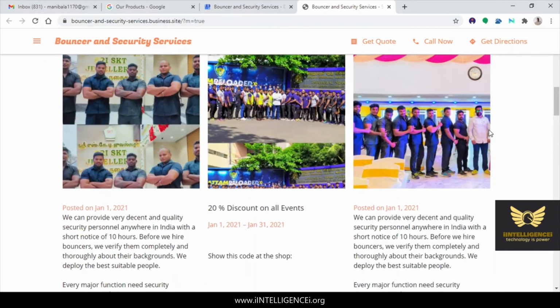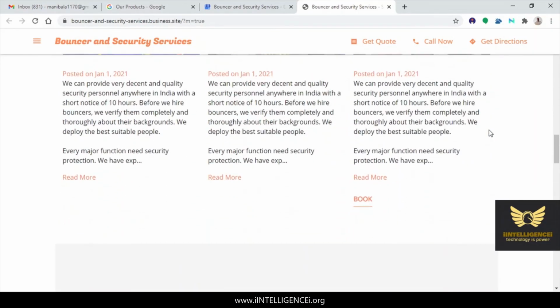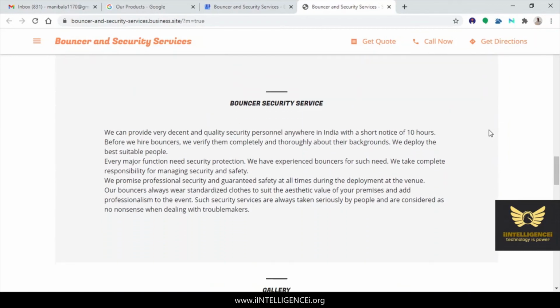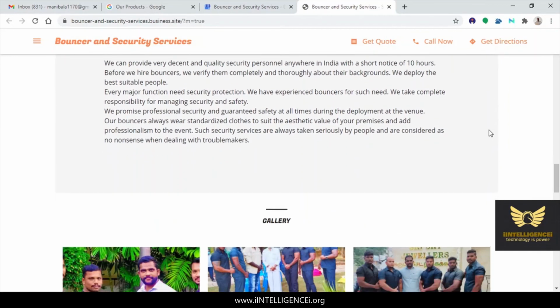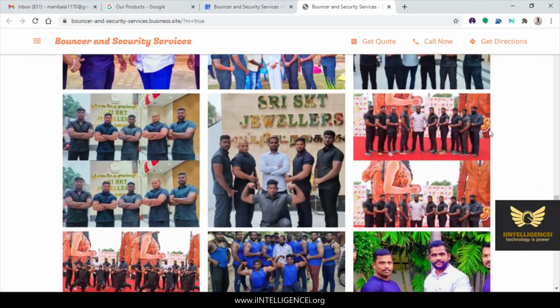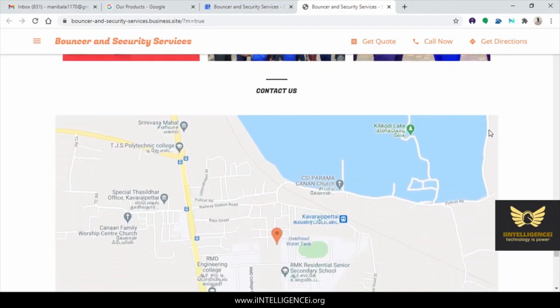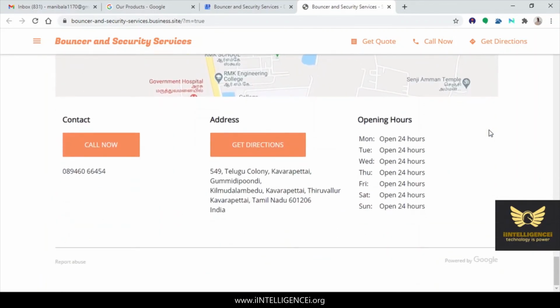Right. Now it looks neat. Then come down. This is the services details. Then the gallery. Right. Yes.